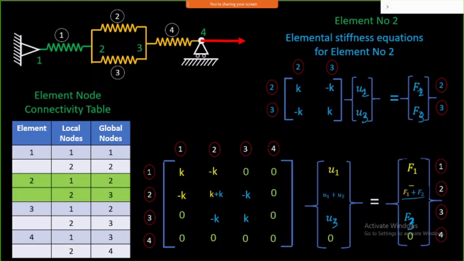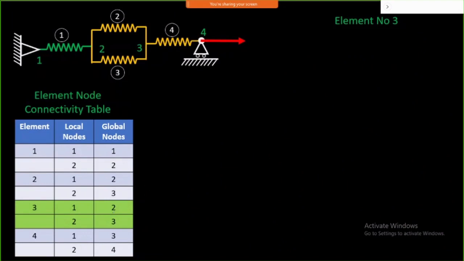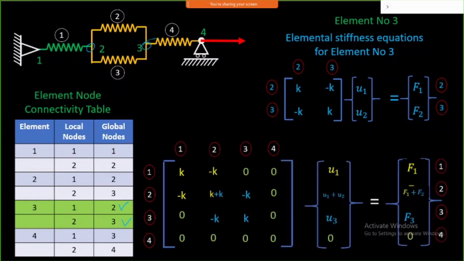Then now we have to assemble the third element. So just look at how the third element will be there. For the third element, look at the global connectivity table. This has a 2 number, this has a 3 number, and this 2 and 3 will have the matrix rows and column numbers for this, and I can now write the equation which is the same as the previous one, because node number 2 and node number 3 both share the common node. That's what it shares, and that's what is going to add up at the same location where we have added the previous element. So this is what is assembled within the two elements.